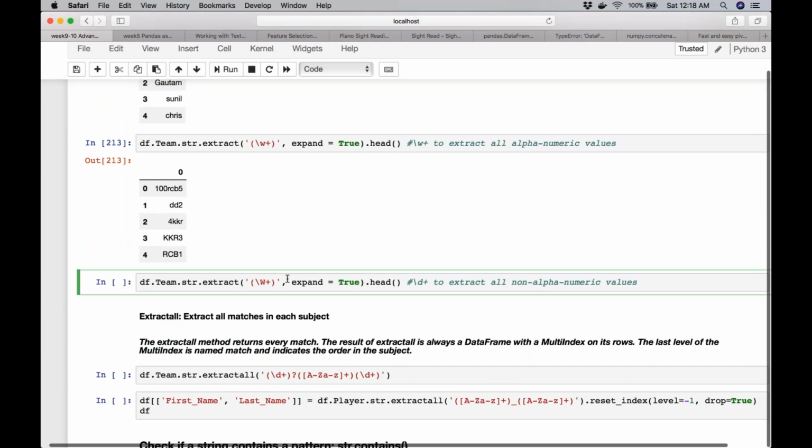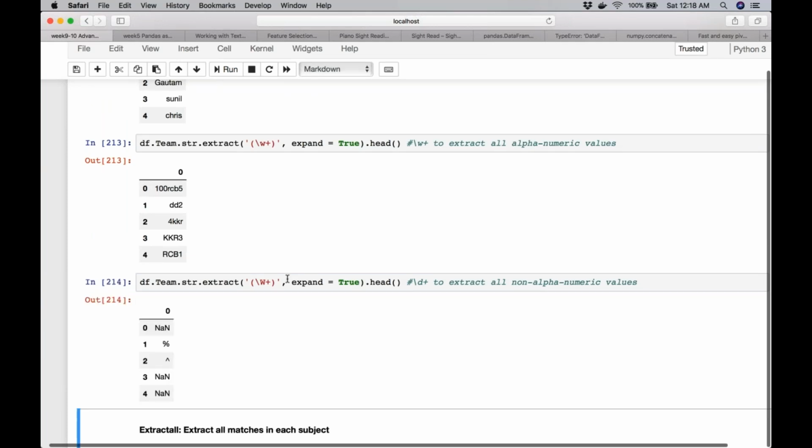Similarly, earlier we used backslash capital W. What it does is that it extracts all the special characters. So in the first column, there is no special character, there's only number and the alphabet, so we got an NaN here. In the second, there was a percentage. Here there was this sign, I don't know what it is called. So accordingly, wherever it encountered a character, it returns that. Rest of the places, it returns NaN.